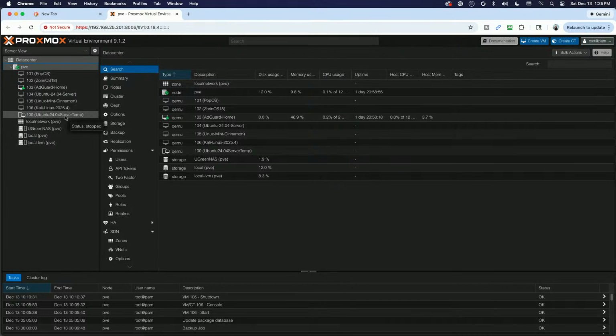Then I have Ubuntu 2404 VM that I converted to a template. And then I also set up, for now, a Ugreen NAS NFS share. So I'm storing my images and my backups. I set up a backup to the NFS share on the Ugreen NAS, which was really super easy to set up. So that worked out nicely.